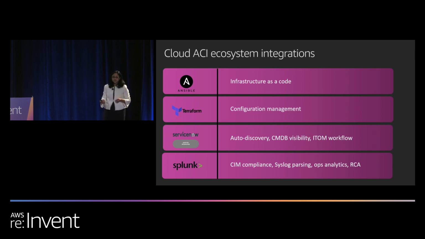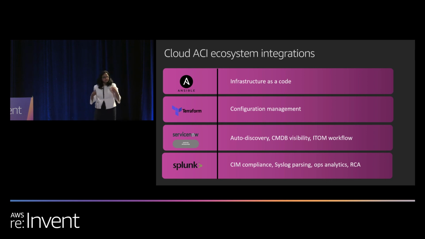It's very important for us. We have more than 65 ecosystem partners enabled for our on-prem data centers. The same ecosystem partners we are again bringing into the cloud with our cloud solution. Any automation tool you have, typically Terraform is the most popular automation tool used for the cloud. So if you have your IT ops team or your DevOps team who use Terraform for all the configuration, we have the Cloud APIC, Cloud ACI SDK modules already available on Terraform. So you can use the same Terraform modules to program or configure rules for the Cloud APIC.